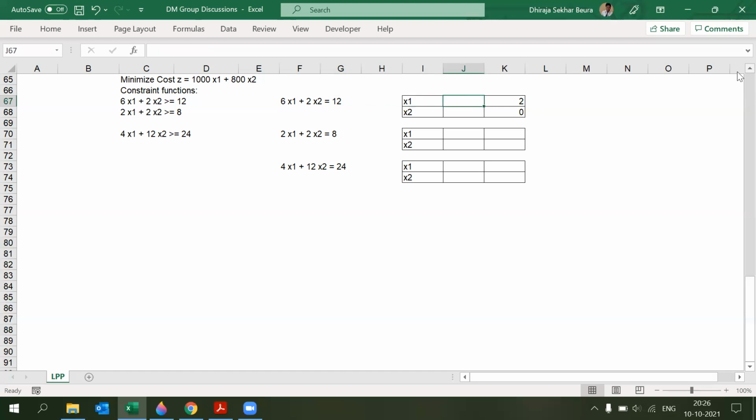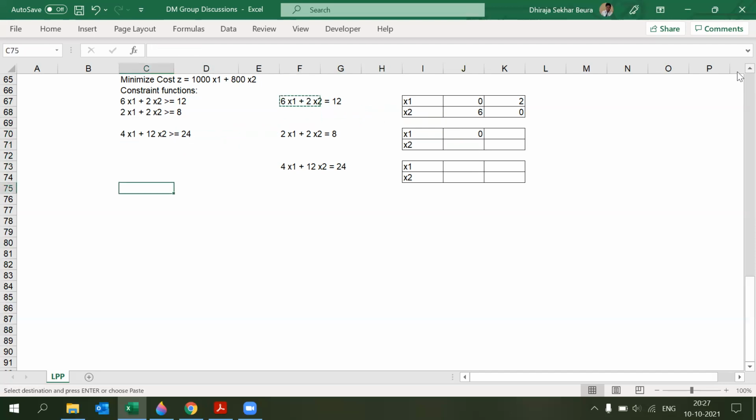Perfect. Let's take x1 also 0. The x2 value becomes, anybody? 6. Perfect. x2 becomes 6. Similarly, in the second equation, I'm taking x1 as 0. x2 becomes? So it should always be division, right? The right hand side, whatever number is there, we just have to divide. No, please don't think of it like that. It's simple mathematics. It's solving an equation.